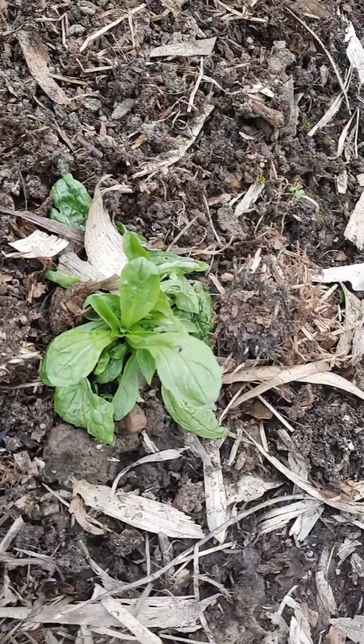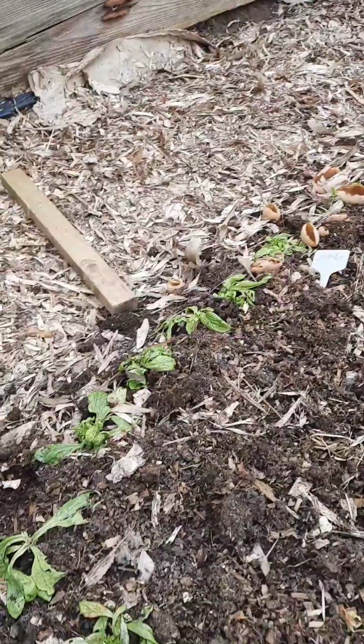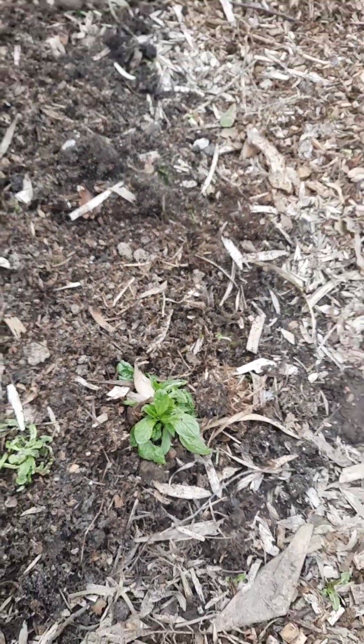I mean, there are a few that are growing okay, but my corn salad, I don't think it's ever going to recover. It just got so badly frosted. I don't know what happened to it. Anyway, it wasn't happy. Last year it could grow anywhere, but there's a hole. I just think it was so cold that it killed off most of the plants. But weirdly, that one at the end there